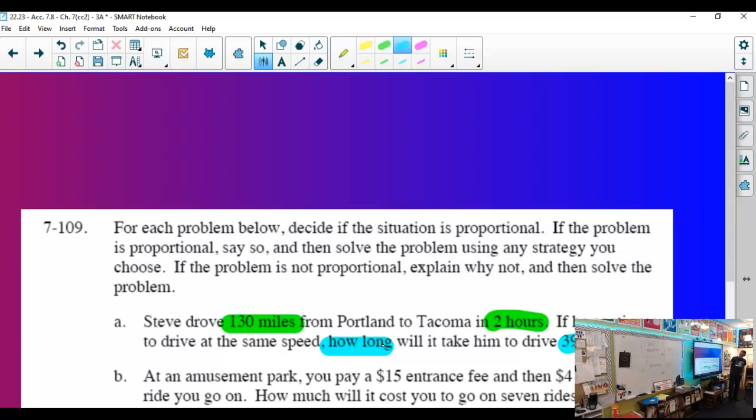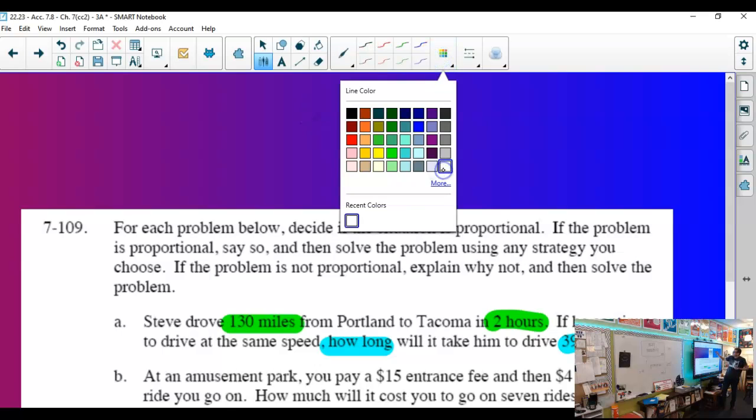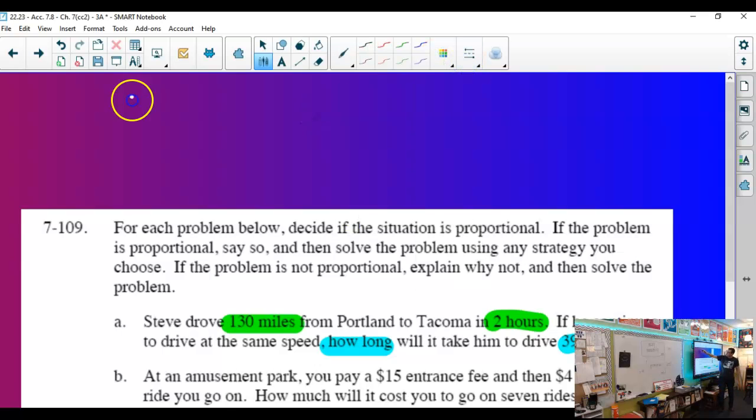Notice how I color coded here? And guys, how do we normally talk? Do we say hours per mile or miles per hour? We normally say miles per hour. Normally. I mean, you don't have to be normal if you don't want to. So if we do miles over hours,